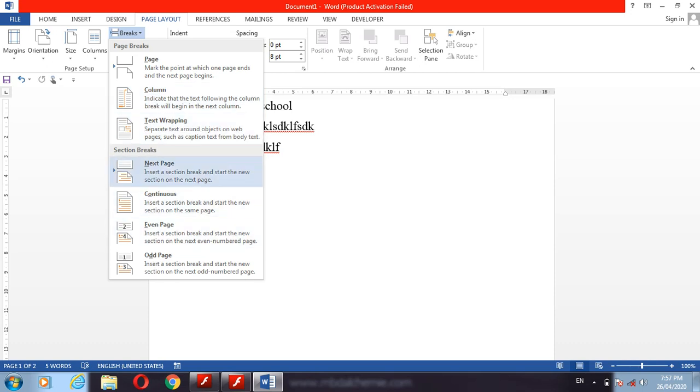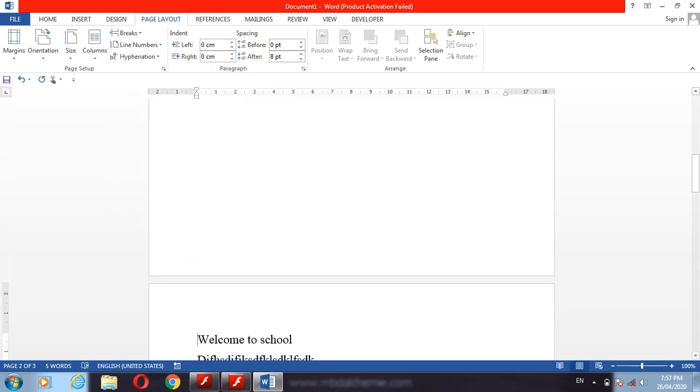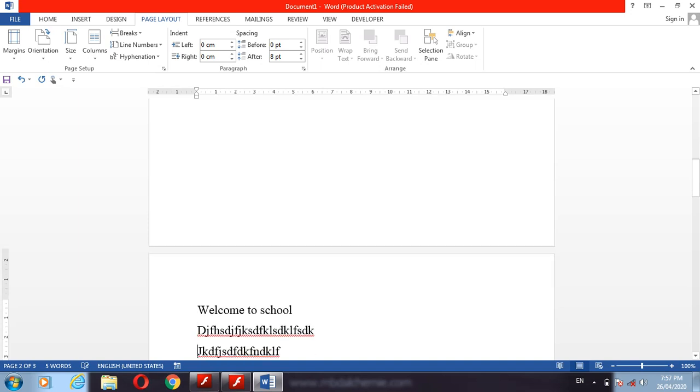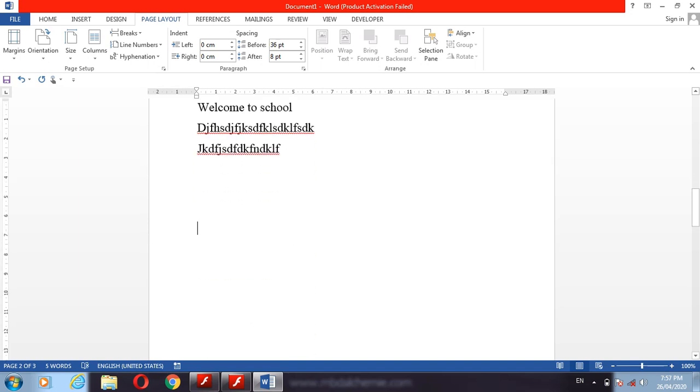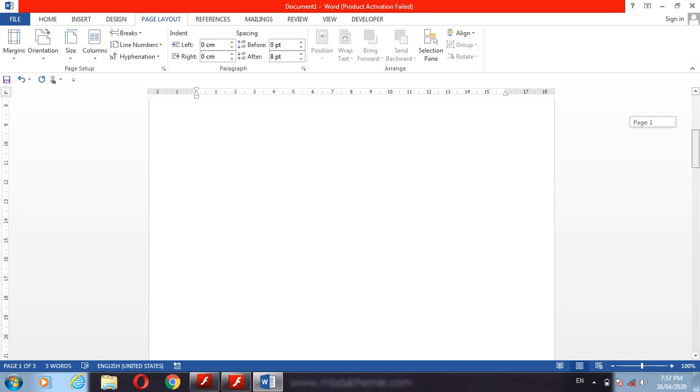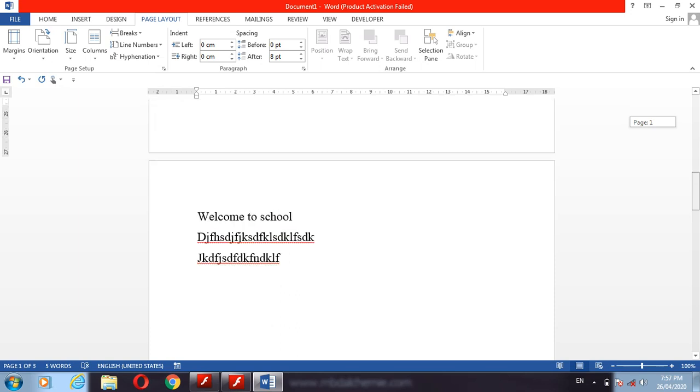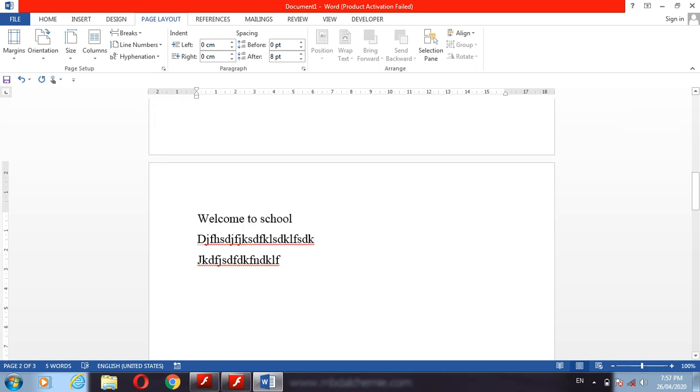If you click on the next page, next section will be on the next page. In this way you can break the page into two sections. So we can manage both things here. There is also an orientation.